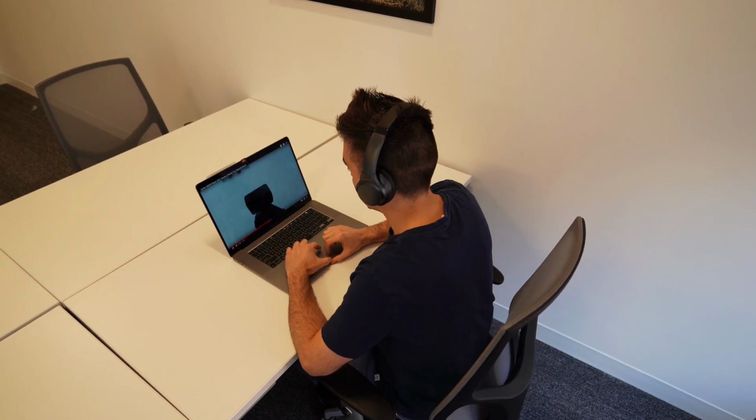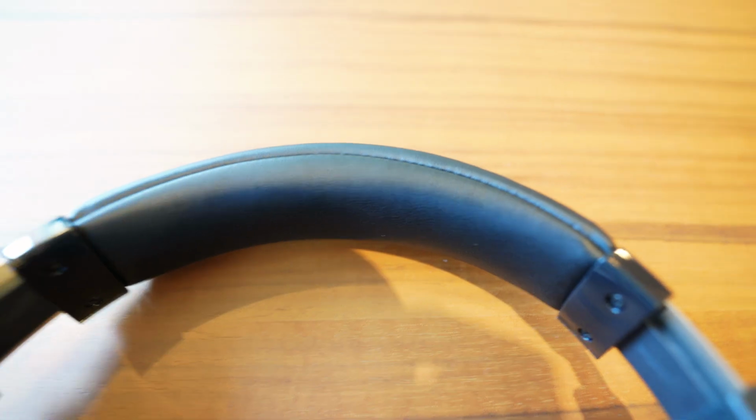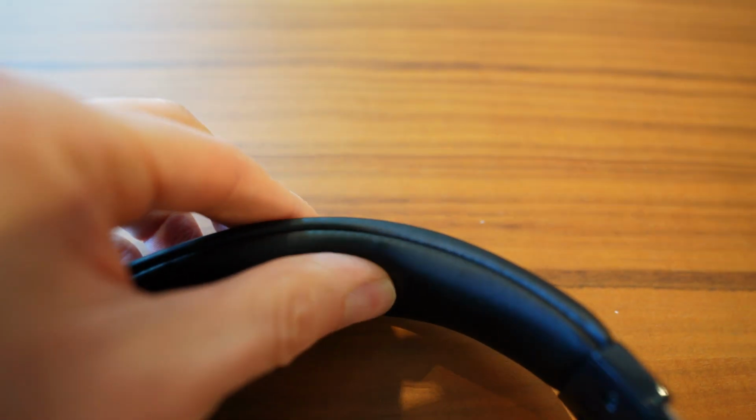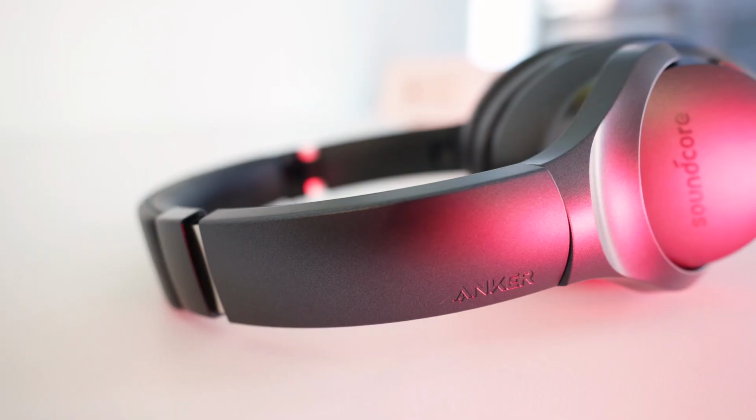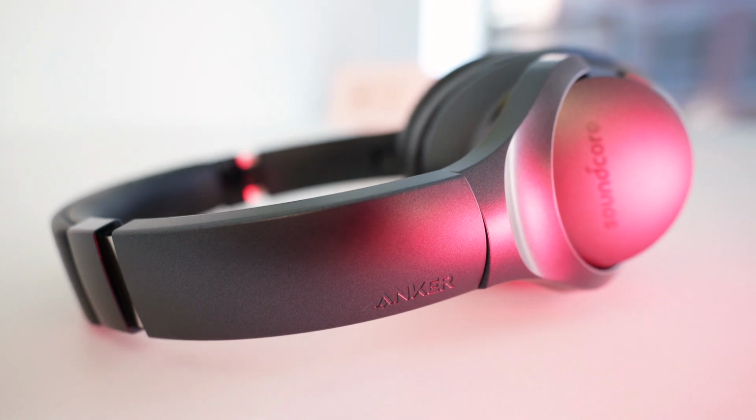They don't look as cheap as their prices are, refined enough with the important touches in the right places, like stitching around the edges here, smooth plastic without any nicks, and aesthetics that are familiar but distinct enough that they don't scream knockoff. And over the years, Anker products have gotten more durable and more reliable. They've gotten a little bit better at designing their products so they look just a little bit better. And when it comes to the price, they've only gotten just a little bit more expensive,